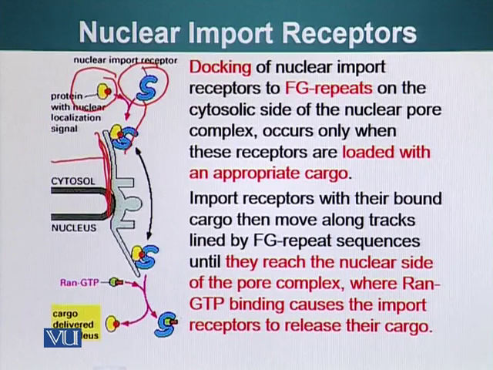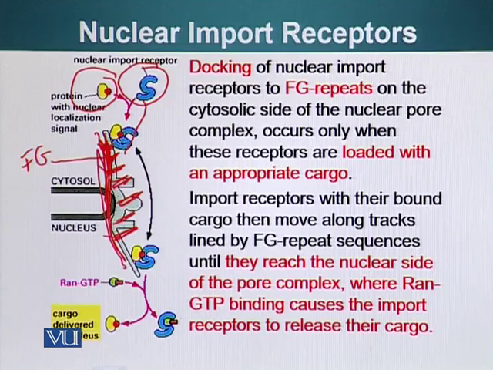And we have said that this lining is made up of FG repeats, phenylalanine and glycine repeats. And phenylalanine and glycine are repeated all along this red zone that I'm drawing. So this receptor attaches to FG repeats, dissociates. For example, it is bound to FG repeats here. It will dissociate here and bind the FG repeats here, and then dissociate from FG repeats here too and bind FG repeats at this level. This process of association and dissociation with FG repeats will continue, and ultimately this receptor will